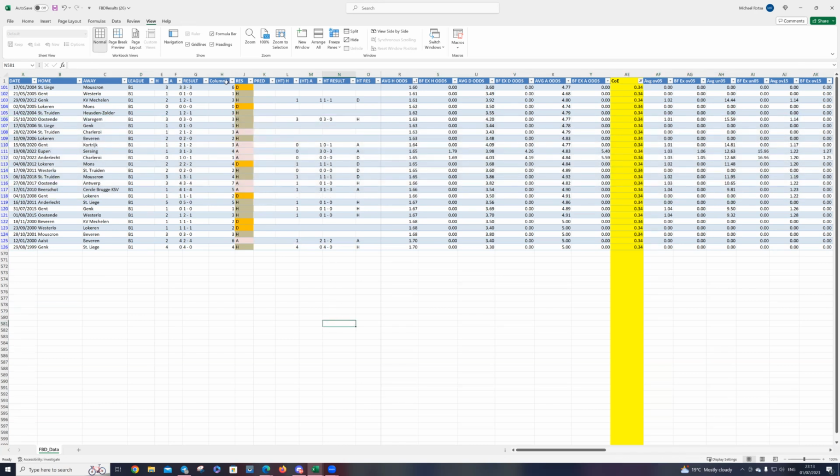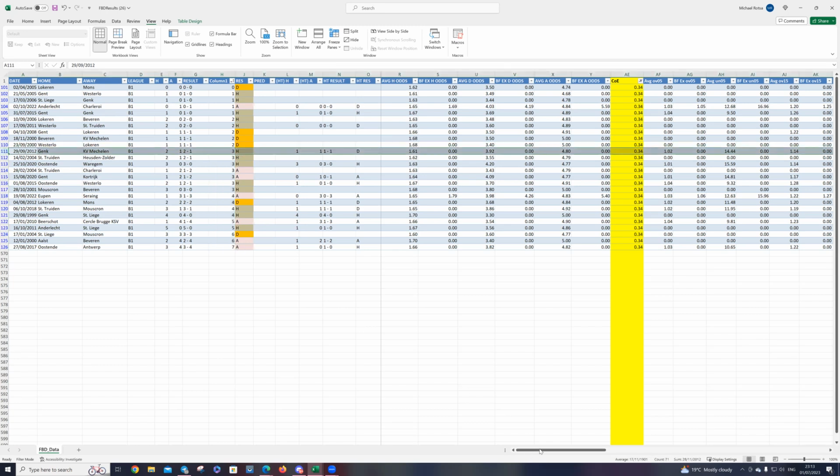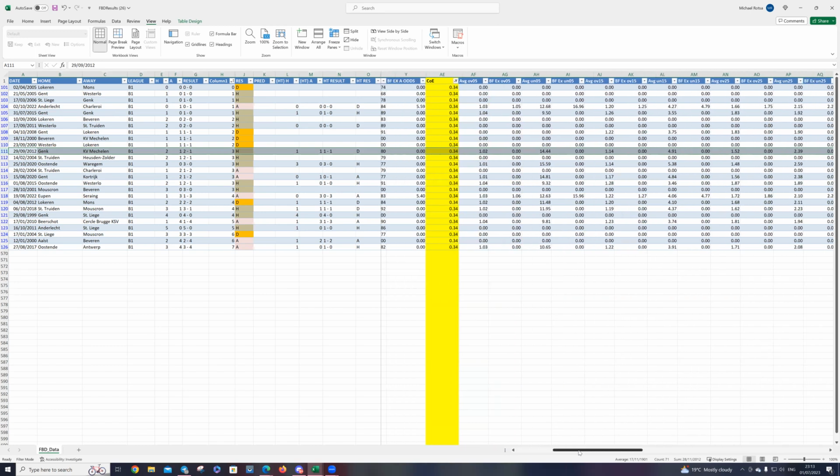Now, what's going on with the overs and unders with this? Let's just put this into perspective. So let's go small to large, because I can see quite a lot of numbers. I have got 10 games under 2.5, and I've got over 2.5 and higher, I've got 16. Let's have a look at the odds for these, because they'll be quite low, bearing in mind